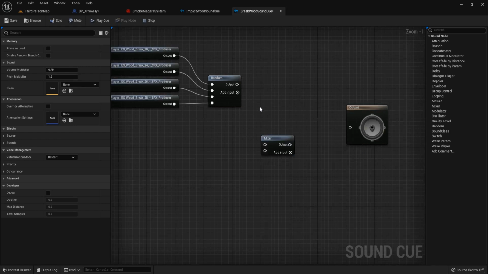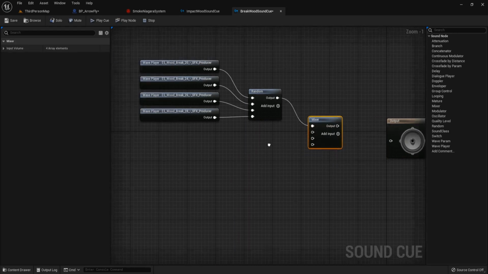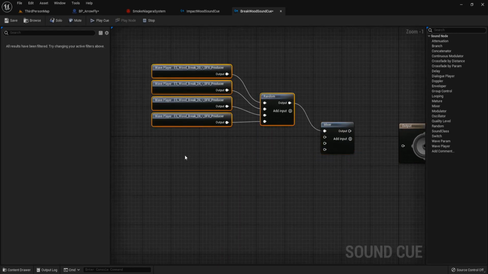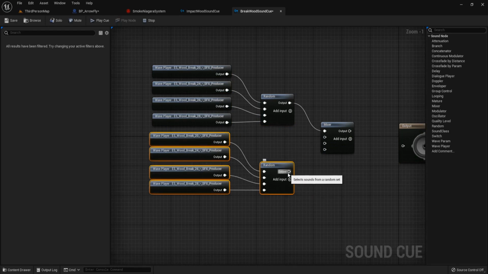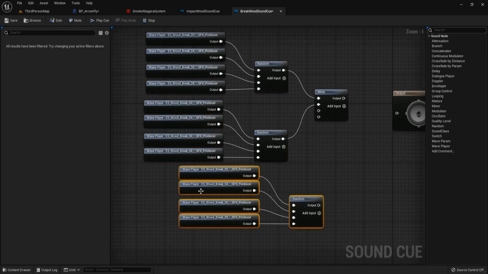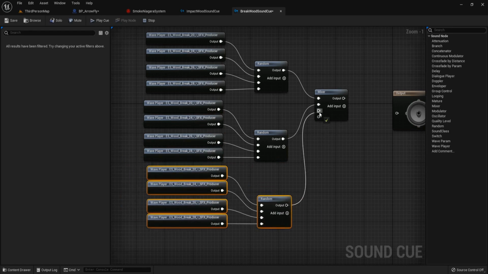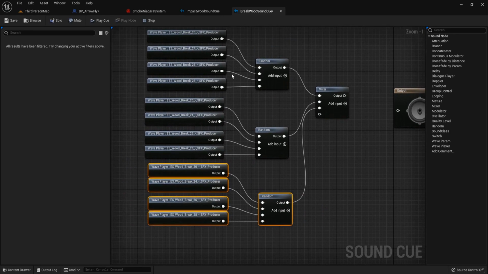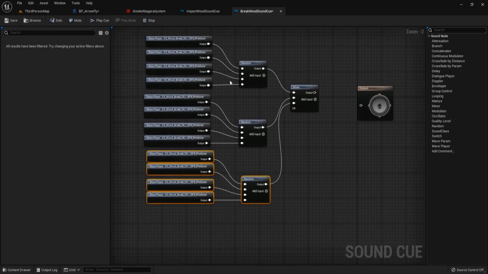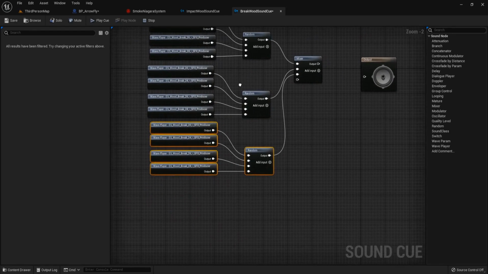Mixer. Add it to the mixer and copy this. Paste it. Connect it to the mixer. Here, paste it again. Because we want the sound to be more random, not the same sound every time.